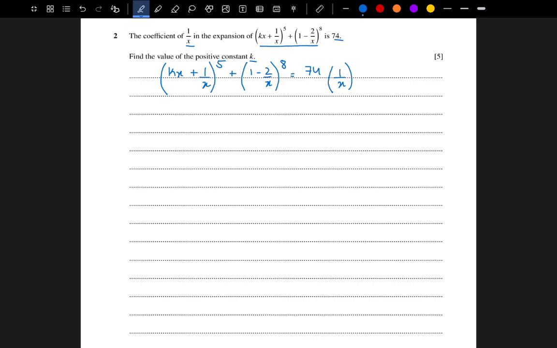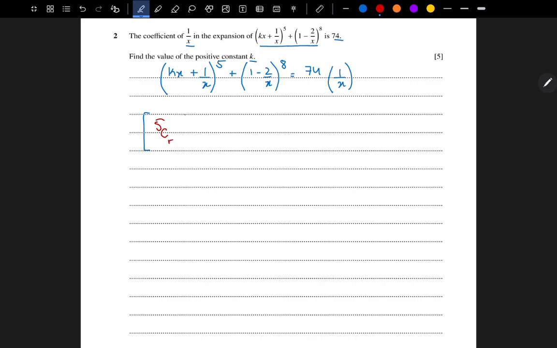So what we can do to get around this is expand using the formula and isolate the x values, use that to find the r value, and use that to take out the particular term which we want, which is 1 upon x. So to do that, we'll first apply the binomial formula on each of the boxes that we imagined, and this will give us